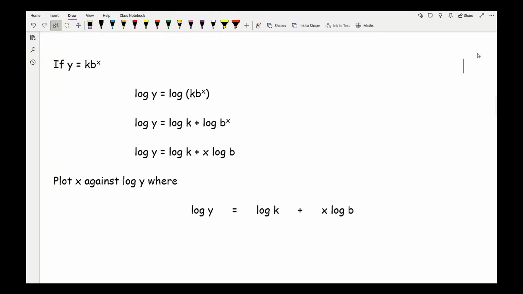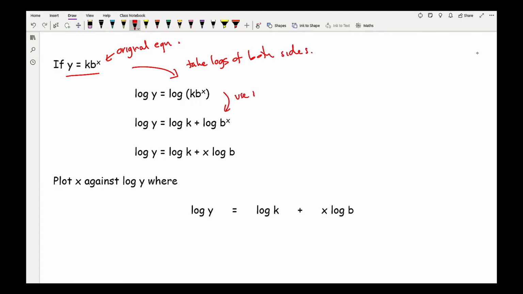So moving on to our exponential version, here we've got our original equation, which is going to be in the form of y equals k b to the power of x, where again k and b are just constants. So this here is our original equation, and what we do then is we take the log of both sides. Then once we've done that, we can use the rules of logs and split up